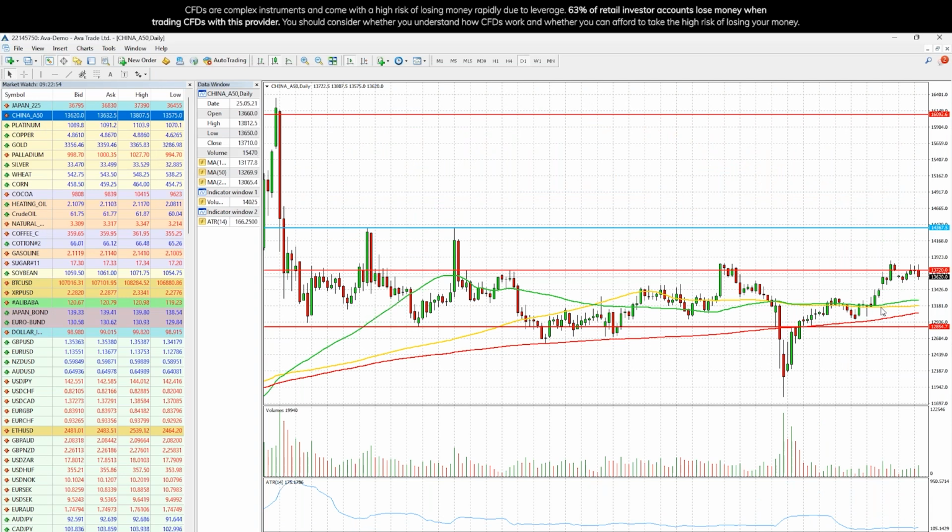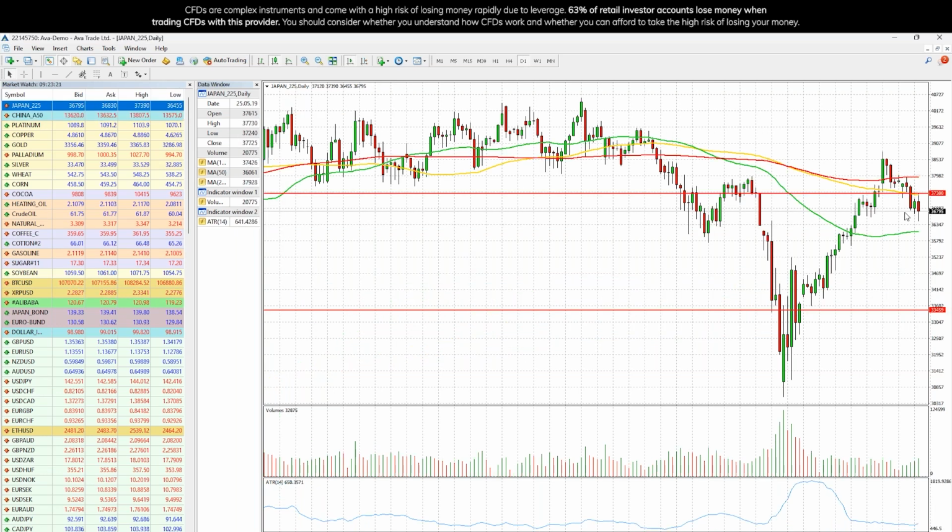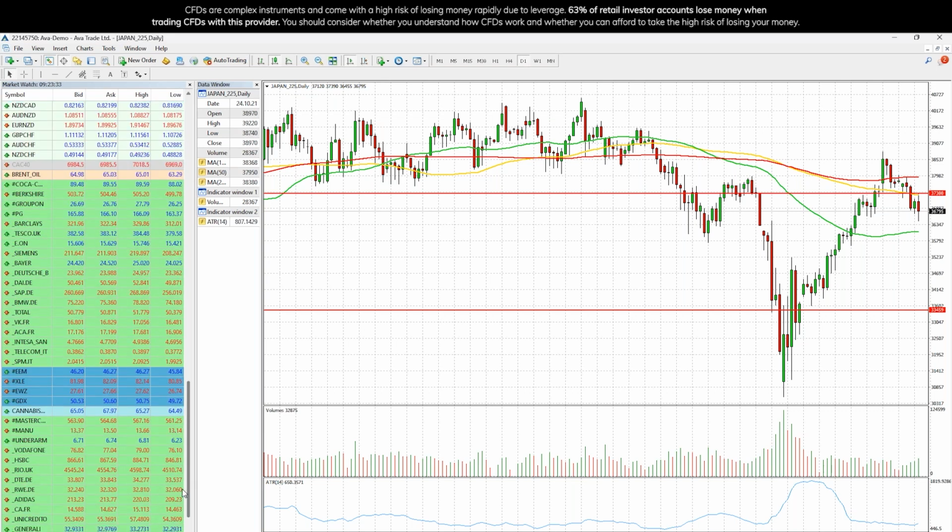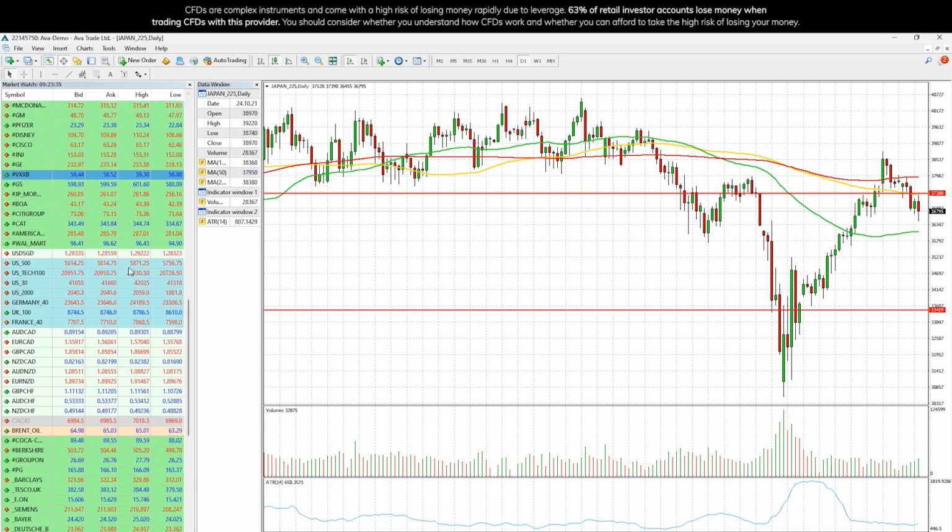We start with indices, and here's China. This was the reaction on tariffs on hold. Since then, we're having a hard time breaking that key magical level 13,720, as we mentioned it many times. Let's see how it will react to this new tariff announcements on Europe and the cell phones. Japan as well has been sliding in sympathy with the US markets and others, and also yen has been getting stronger. That also pushes Nikkei to the downside.